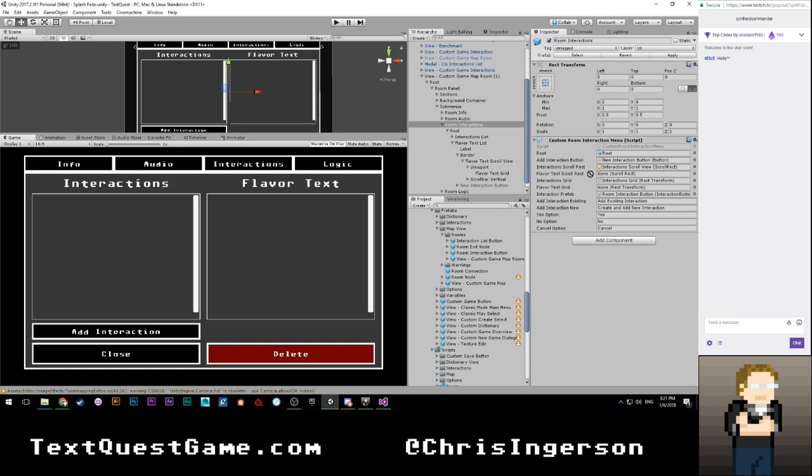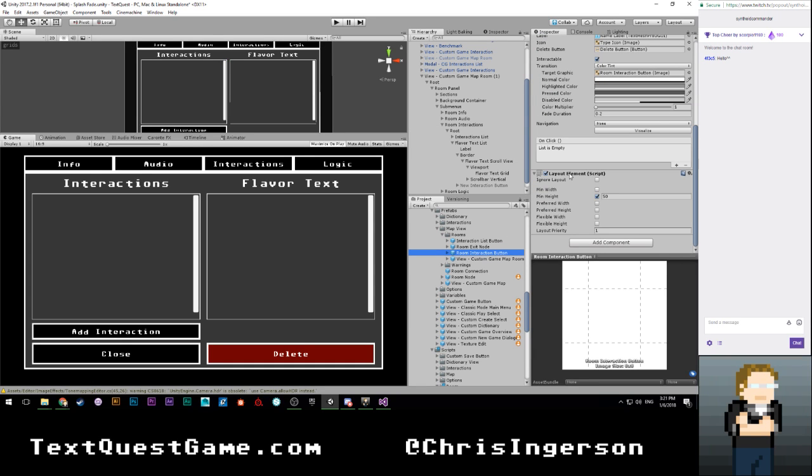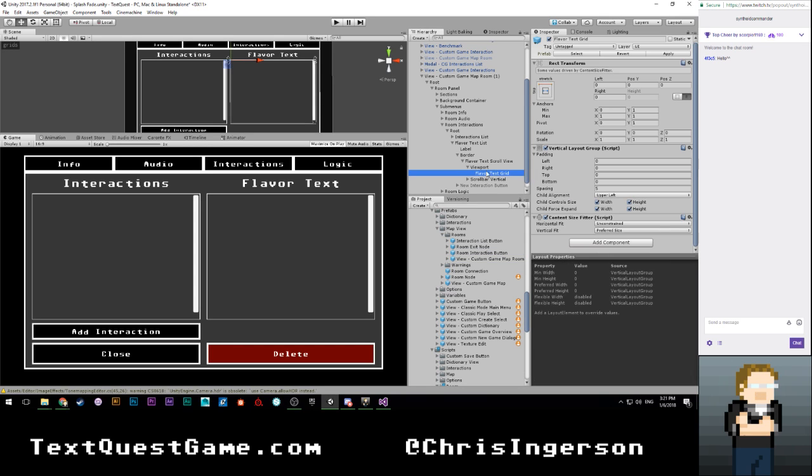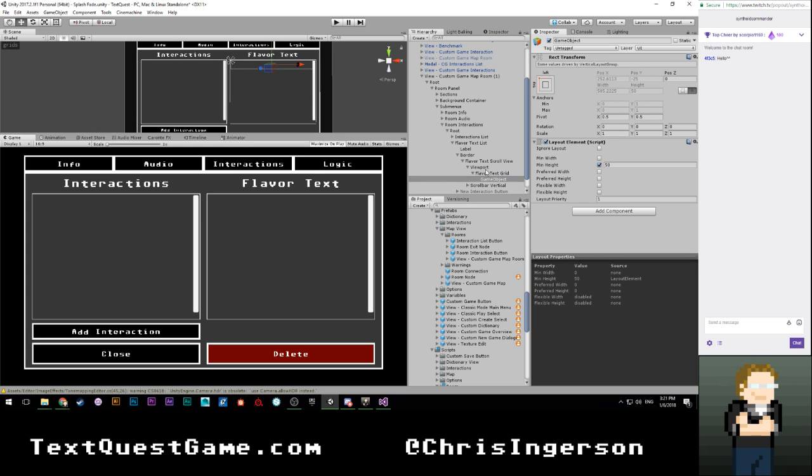And we have our flavor text grid. We have our flavor text scroll view. Let's see, room interaction button. You have a layout element. Okay, so it's only a min size of 50. That's fine. Let's go ahead and copy that. We're going to go ahead and add a new object here. Paste component is new. We'll make this